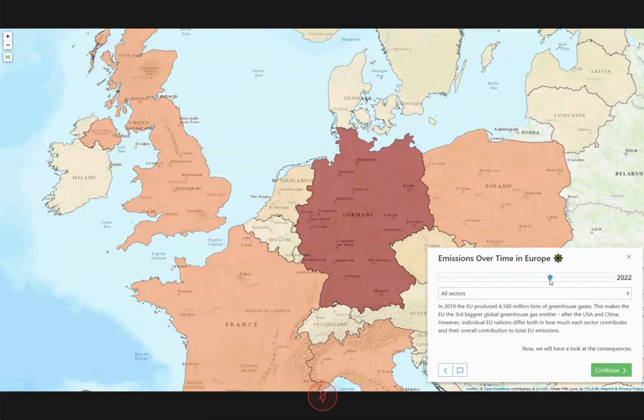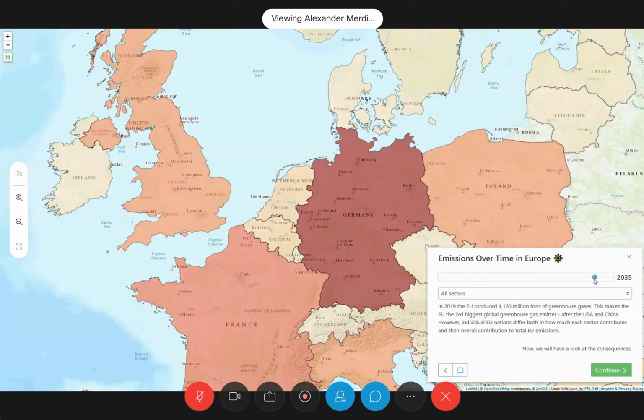What's also cool is you don't only have 2019 data, but the EU also provides information on projections, so forecasted greenhouse gas emissions. And we can go, for instance, to 2035 and see how greenhouse gas emissions are expected to develop considering the current policies in place.